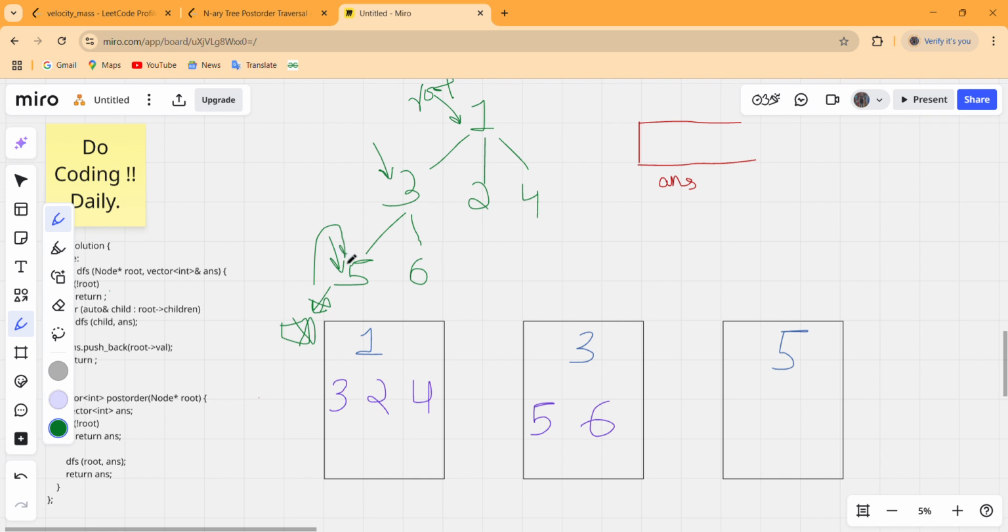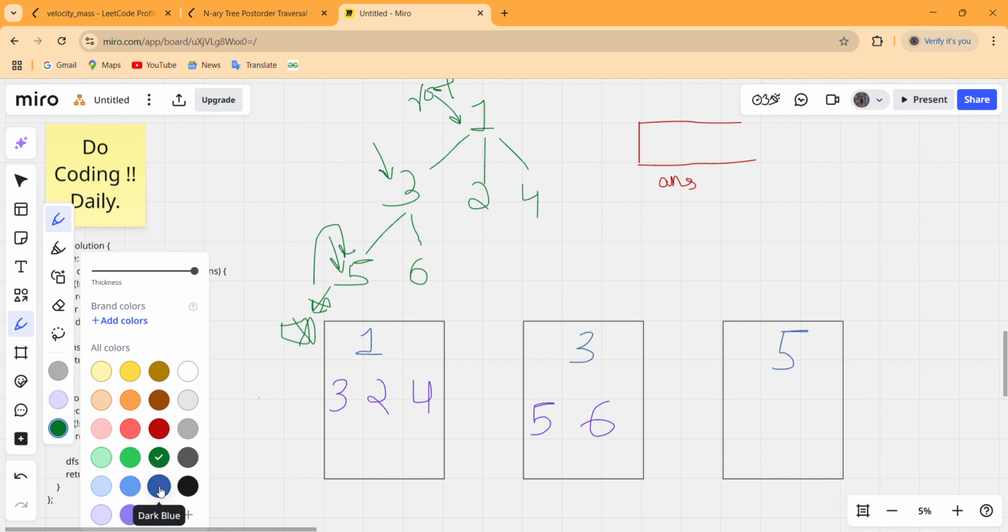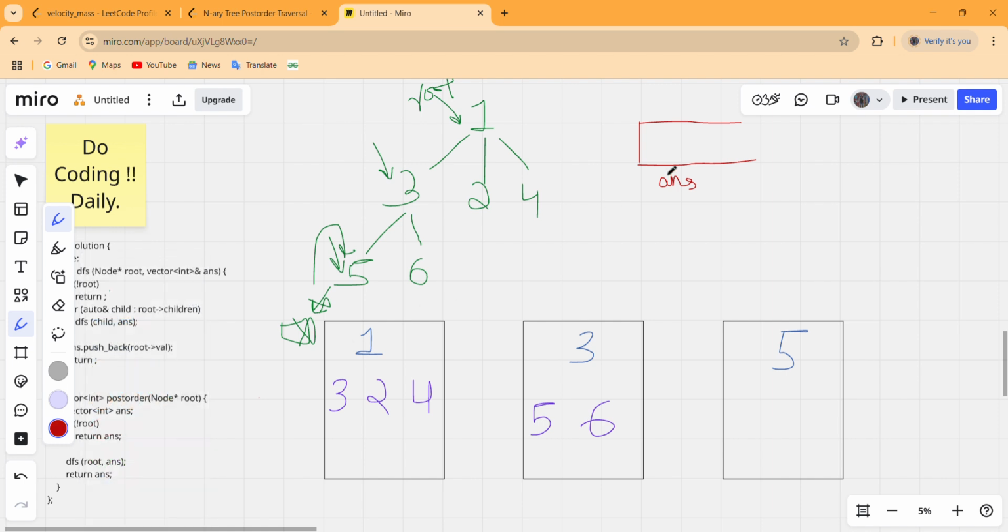this 5. So this for loop will now evaluate every child of 5, and when it gets back, just push our root dot value inside our answer. So our answer is updated from empty to 5.